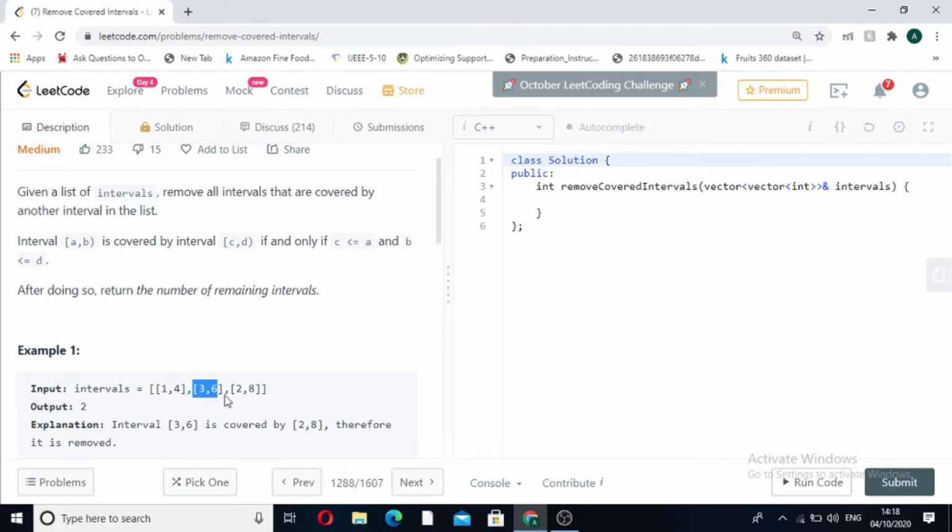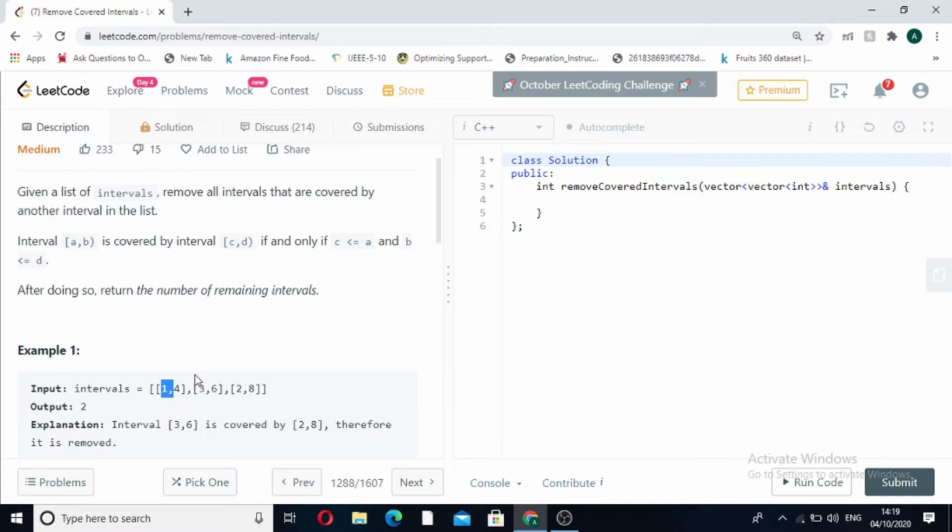So this is the covered interval, that is, we have to remove the [3,6] interval because it is already present in another interval, that is [2,8]. So we will remove this interval and return the intervals that should remain. So they are [1,4] and [2,8]. So the total number is 2.